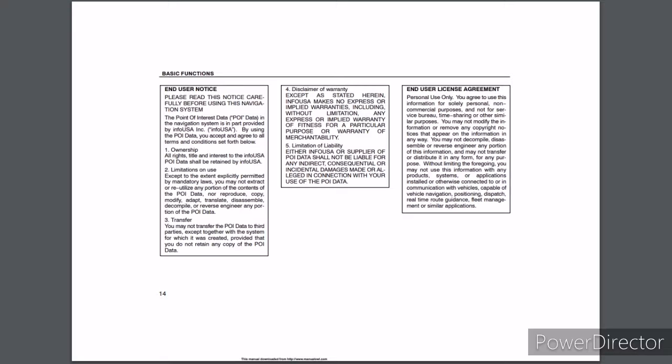1. Ownership. All rights, title and interest to the InfoUSA POI data shall be retained by InfoUSA. 2. Limitations on use. Except to the extent explicitly permitted by mandatory laws, you may not extract or reutilize any